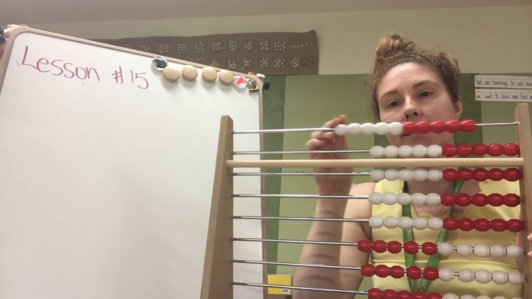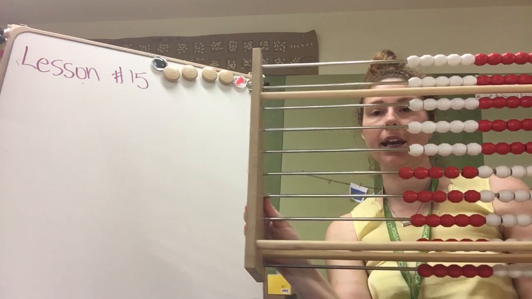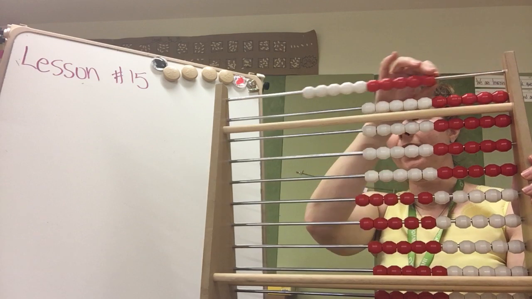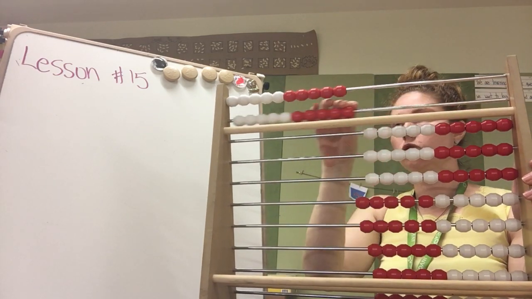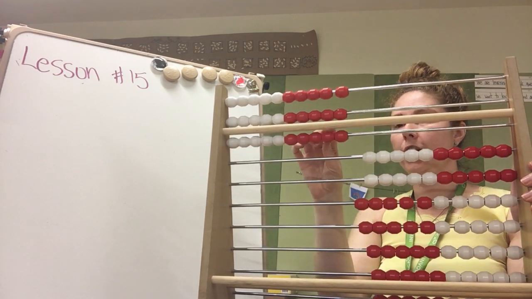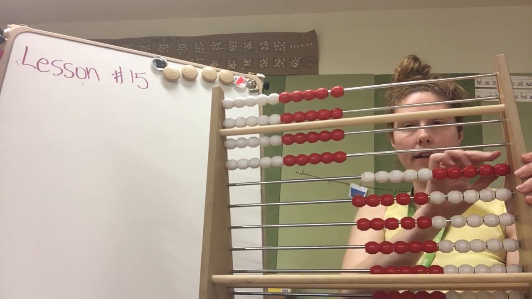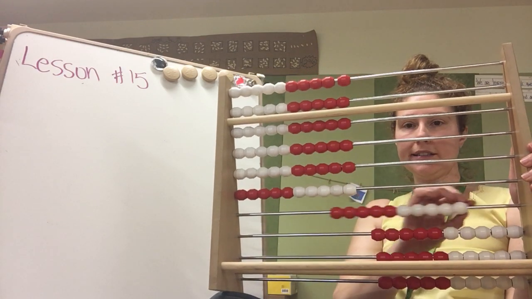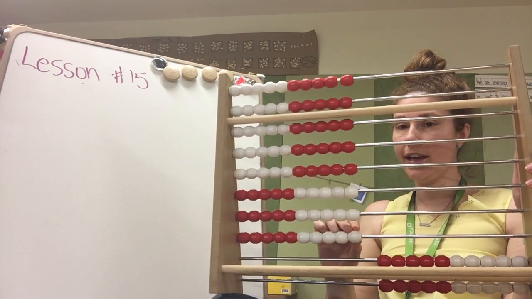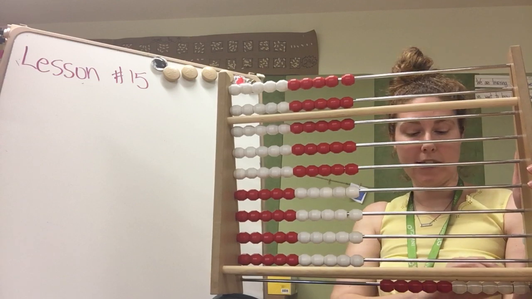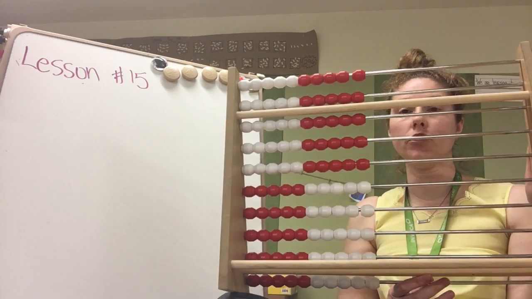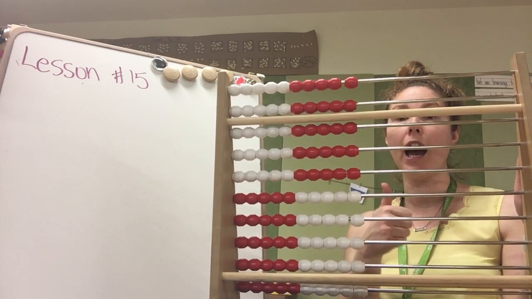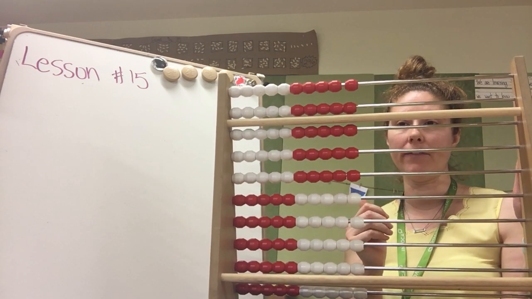So now let's use our Rekenrek and we're going to count by tens because these are in groups of 10. 10, 20, 30, 40, 50, 60, 70, 80, 90, 100. Awesome. Now I know we're really good at counting by tens up because we did it to 150 yesterday,